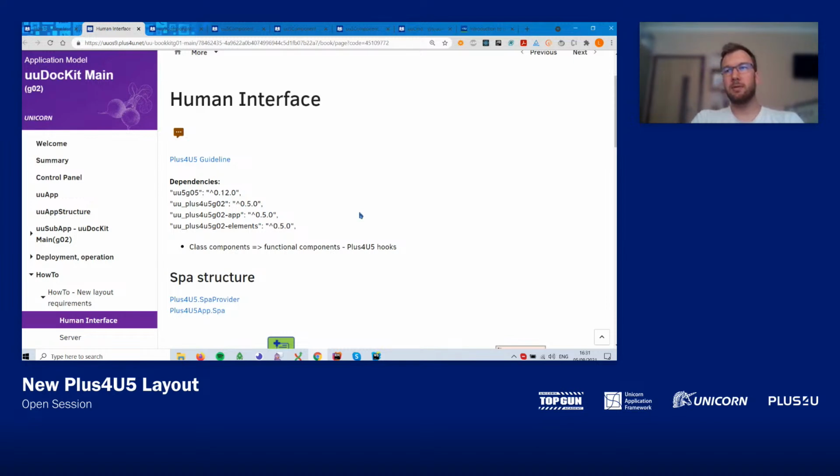But we ended up saying, let's rewrite it all, because actually it's easier to work with functional components, especially in an application like Dockit, because we were using, or we are still using,